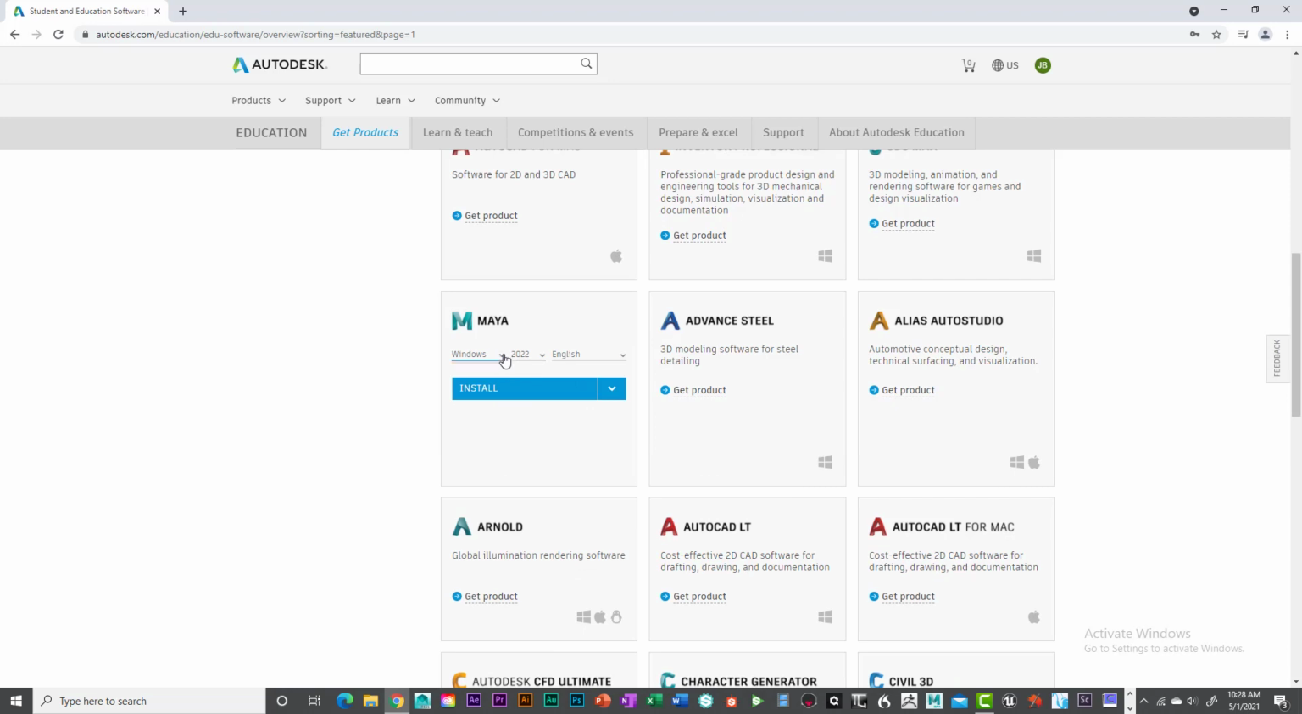Now, the only reason why it doesn't show, oh, I guess it does have Mac, so you can go into and pick Mac if you have a Macintosh. I'm going to click Windows because I have a Windows. What version do you want? We want 2022, the latest version. Okay. Do we want English? That depends on you. So English. All right, and then